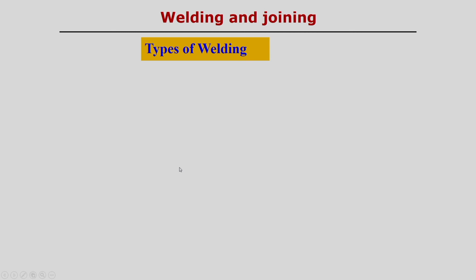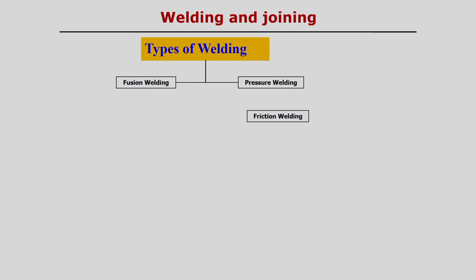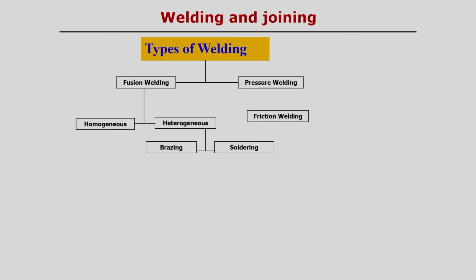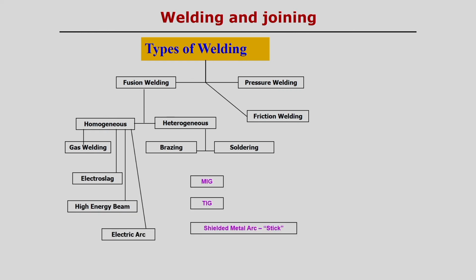Now, if we do further classification and look into the different welding and joining processes, types of welding, maybe you can look into that, fusion welding, this is one category. Then pressure welding is another category, that means application of force is required, and friction welding also comes under this category, where some frictional heat generation is there, and that is responsible for joining the two components. So, broadly these three types of welding processes: fusion, pressure and friction welding processes.